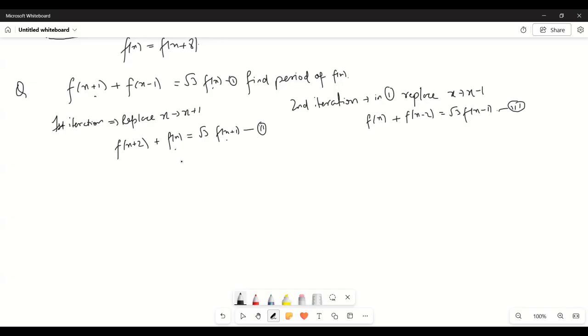But because the coefficients are different, it will not cancel. So what we do is, in order to get rid of root 3, we use this method. Once we iterate with x plus 1, once with x minus 1. Now